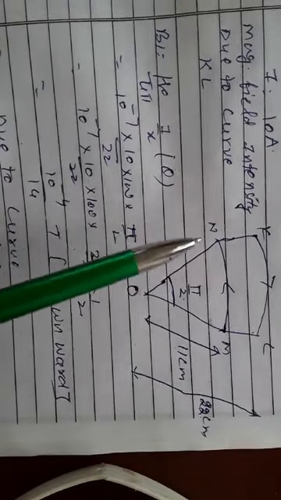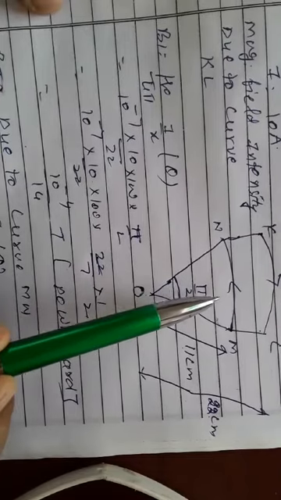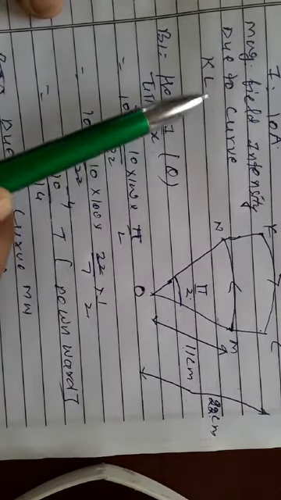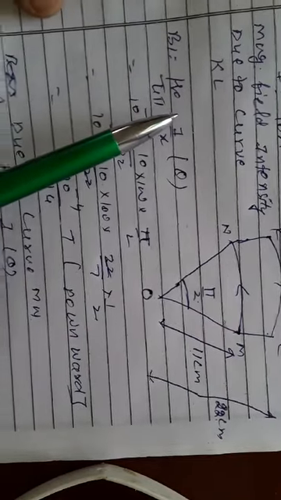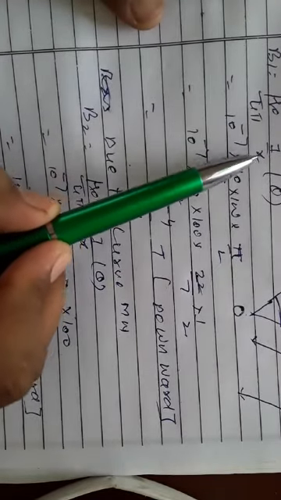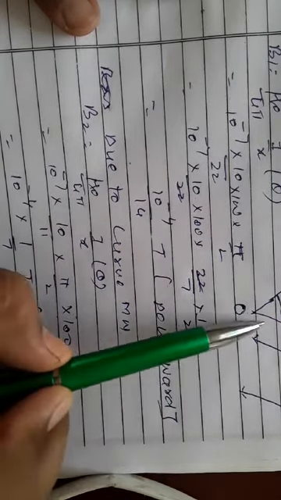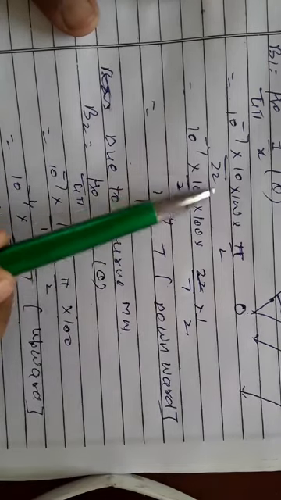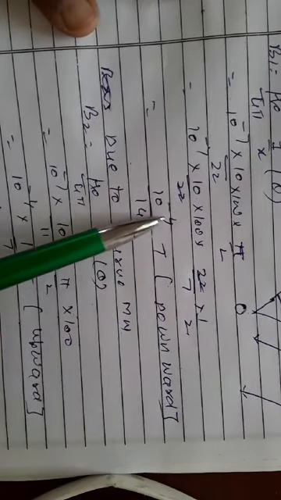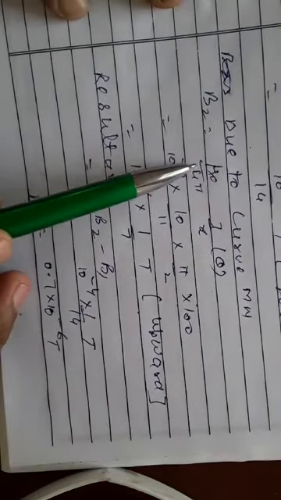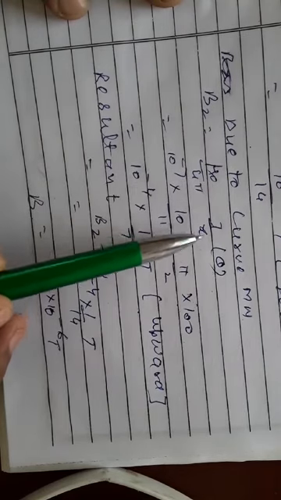Now, this is the curve where we have to find the magnetic field intensity due to curve KL. Now use the relation B1 is equal to mu naught upon 4 pi I upon x into theta. Theta is pi by 2, current is 10 ampere, distance OL is 22 centimeter. By putting all these values, we get 10 power minus 4 upon 14 Tesla. Now here in KL, current is flowing clockwise, so the thumb will be downward, so the direction of magnetic field will be downward.